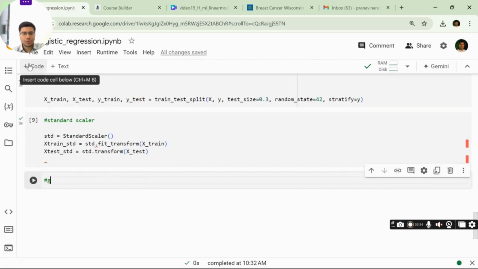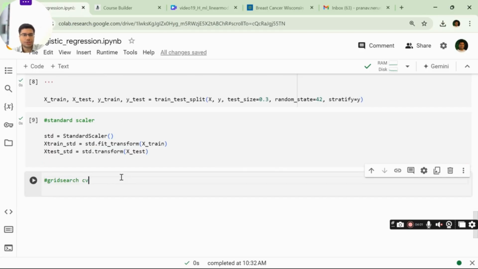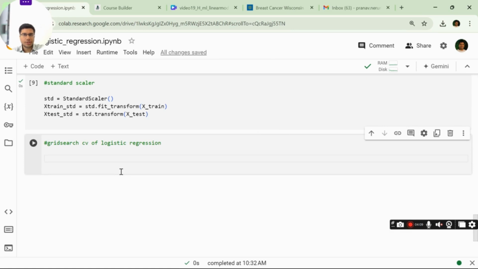Next you have to go for grid search. Grid search is about hyperparameter tuning of logistic regression. To take advantage of grid search, we can use ChatGPT.